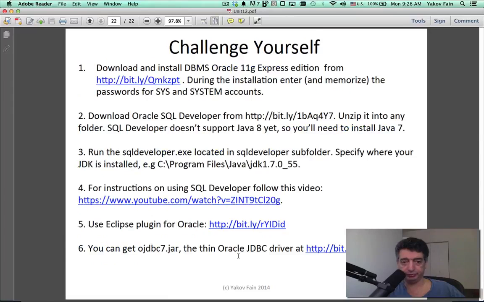To challenge yourself, I recommend you install a more or less realistic database. Not Derby like we did today, but something better. For example, I would recommend you use Oracle. Oracle 11g Express is a free database. As a matter of fact, even the standard is free, Oracle 11 standard or even Oracle 12, if you use it only for development. Install it, and it has a nice utility called SQL Developer